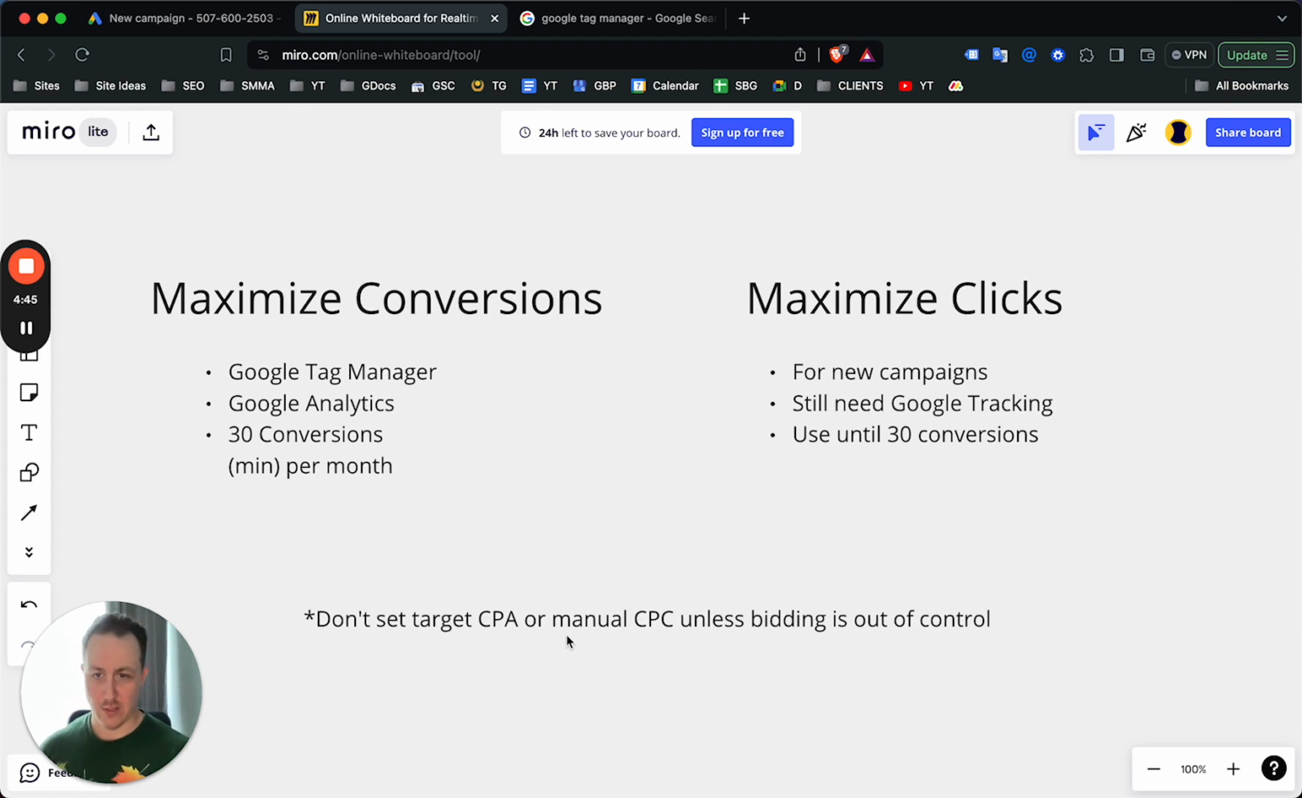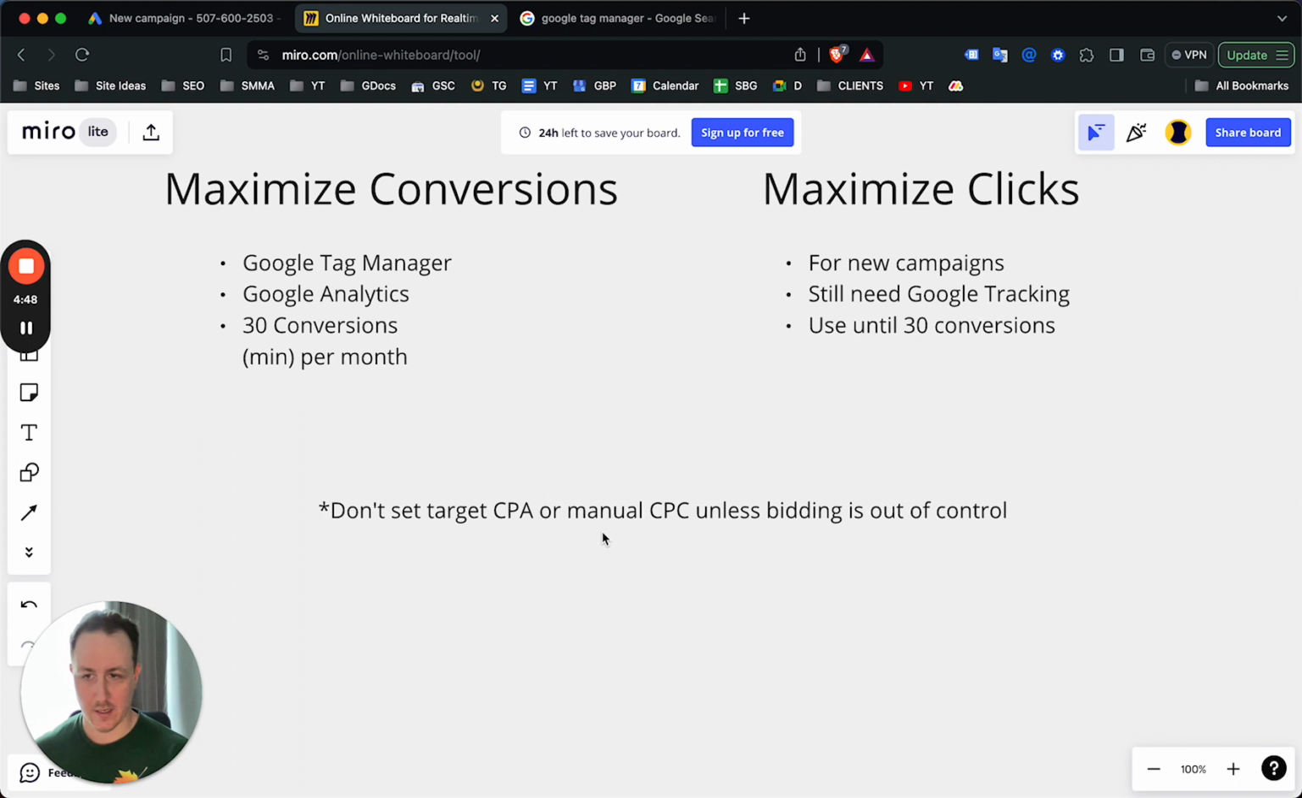And also for any appliance repair business, never set a target cost per acquisition or cost per action or a manual CPC unless bidding is completely out of control. If you are targeting appliance repair in location, then maybe you want to set a manual CPC because you may be paying 15, 30, $45 a click, depending on the area, especially for things like HVAC and stuff like that. But unless the bidding is out of control and unless you have some serious problems with ad spend on your account, or you're paying way too much for a click,